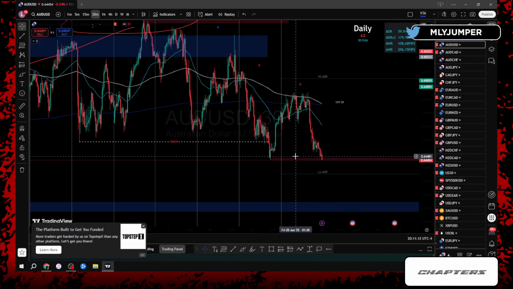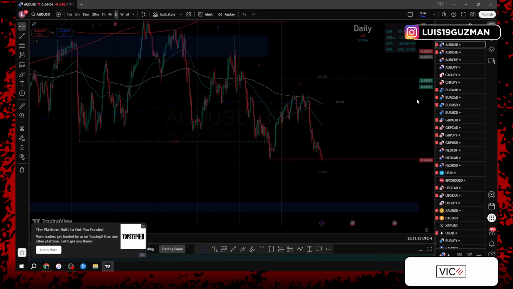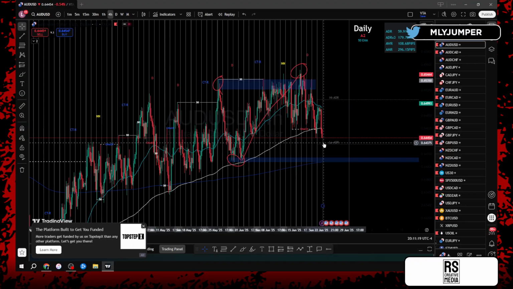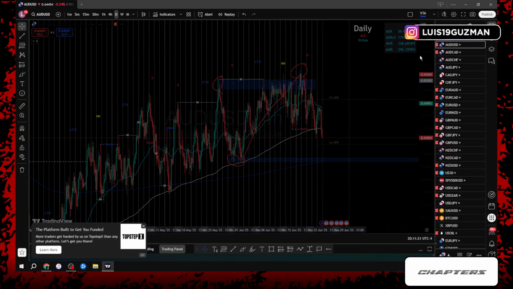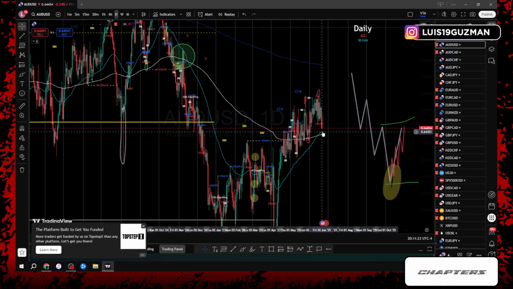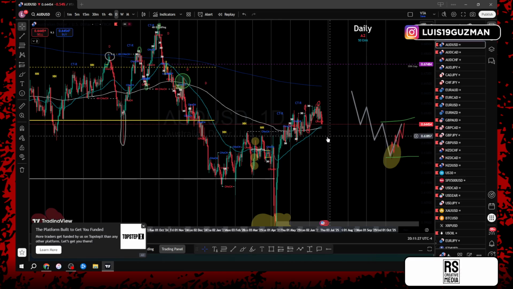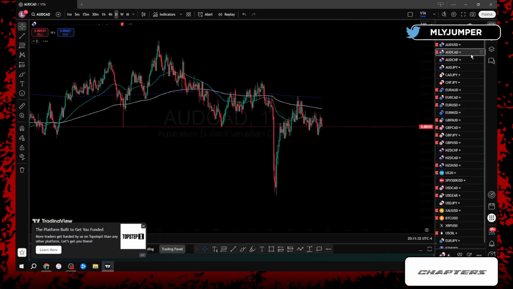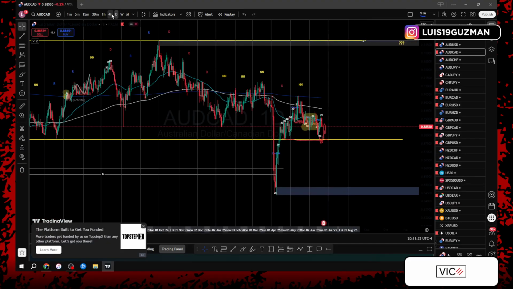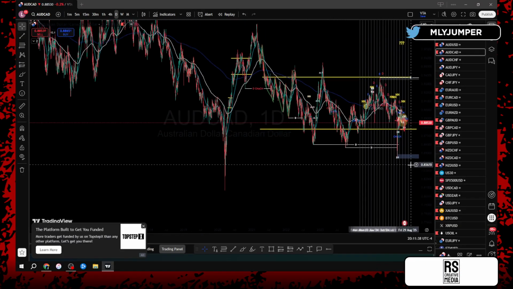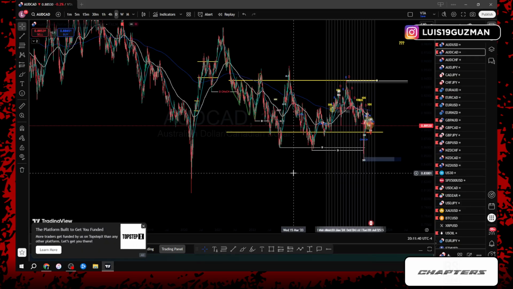If price doesn't give us a valid break, then we know that this is where price is just going to give us a higher low to then continue into the higher high. Right? And all of that would make sense, especially here on the daily time frame, what EMA we want to see price bounce off on, the fact that they're crossing, right? So just want to be careful with AU. I can't be forcing trades in these market conditions. Want to make sure that everything is lining up exactly how it needs to be.